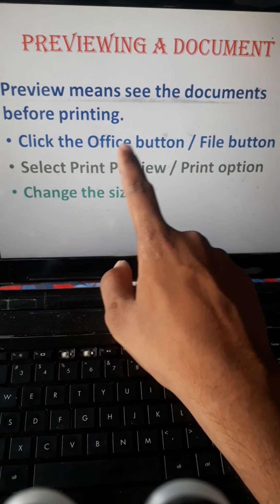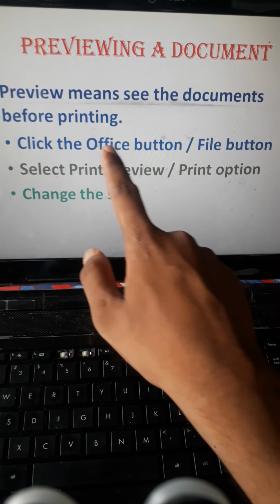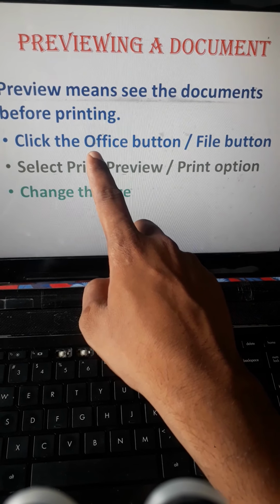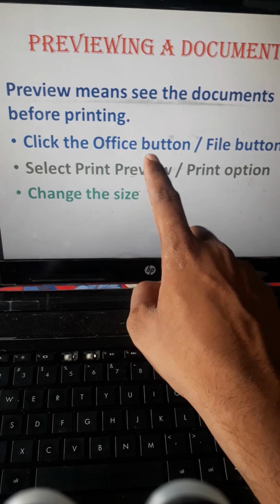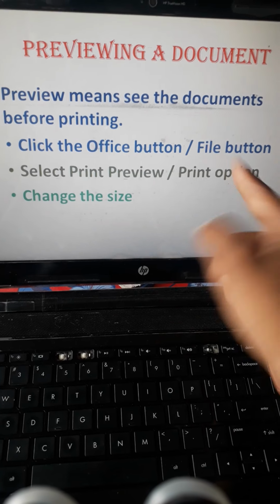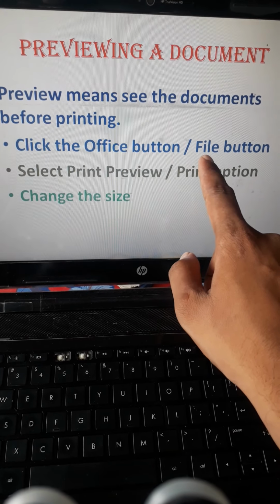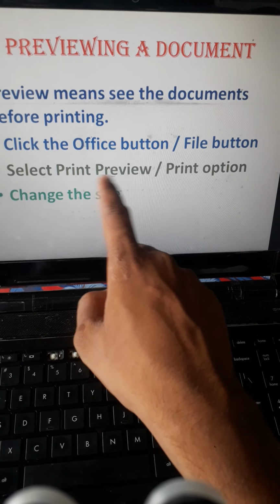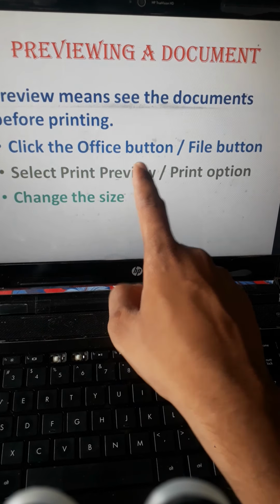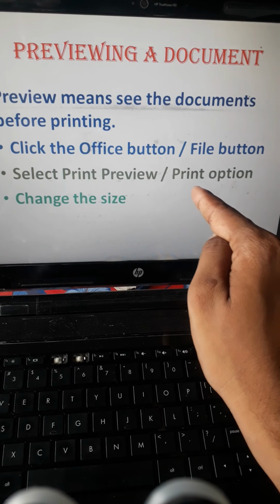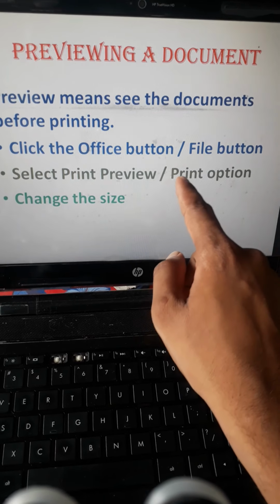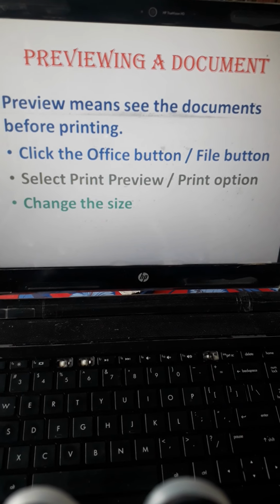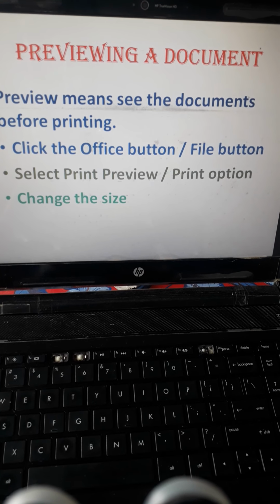First we have to click the Office button or the File menu. We have to select whichever one we have. If we have the older application, then you will find the Office button, and if you have the new application, then you will find the File button. After this we have to select the Print Preview option if we have the older version, but if we have the new version of the application software, then we will find the Print option. And after that we have to change the settings according to our needs, which I am going to show you